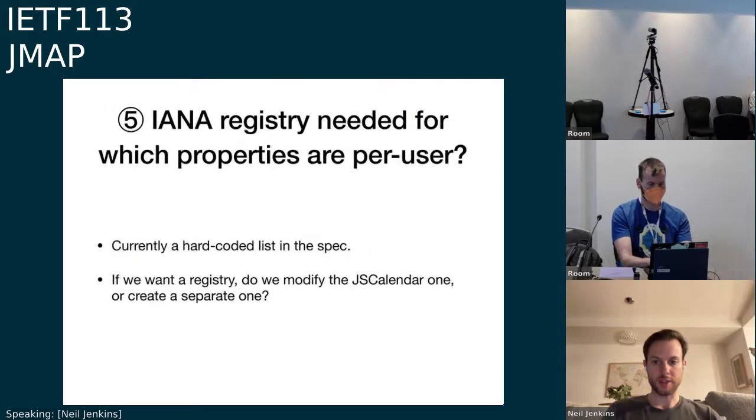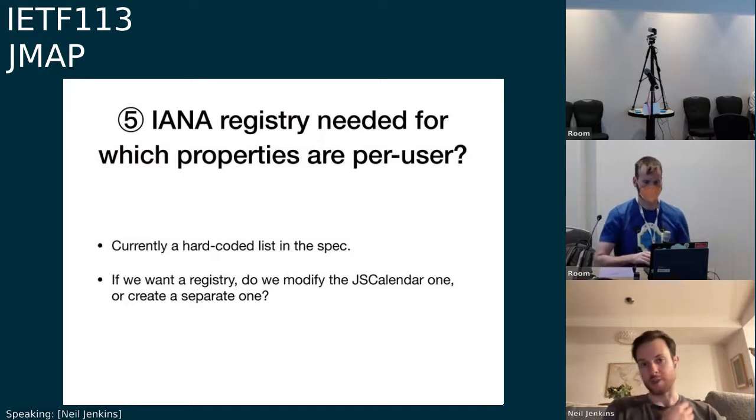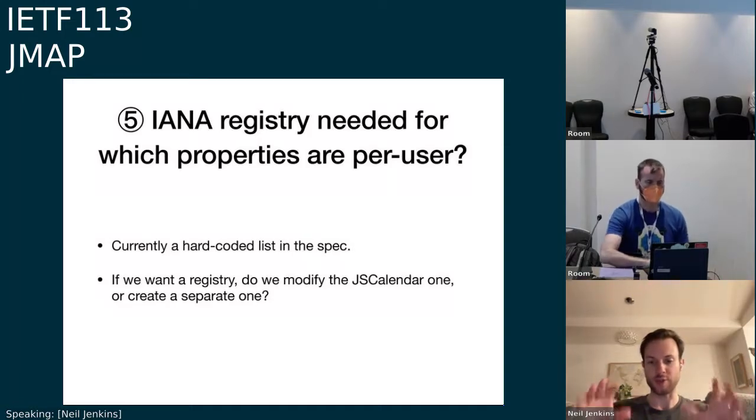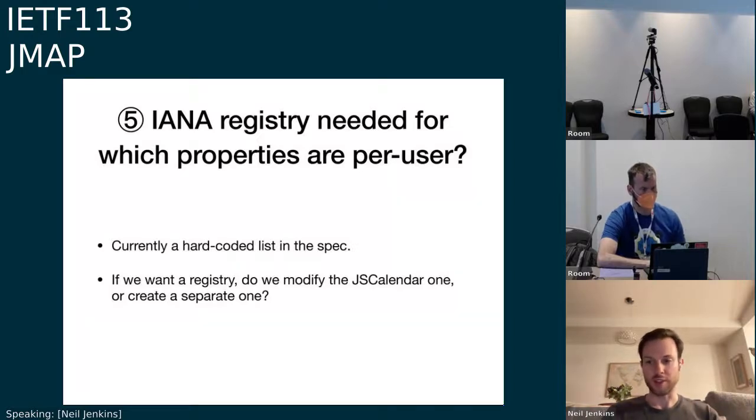Final slide of question stuff I have is just an IANA one. So the spec lists a set of properties which are treated as per user properties. This means if you're in team mode, then each user that's accessing the calendar can write to the properties, but they would just get their own copy of them. It doesn't affect the other users, like your alerts, for example. So if we both have a shared calendar with the team meeting next week, I could have an alert 2 hours before, and Bron could have an alert the day before.